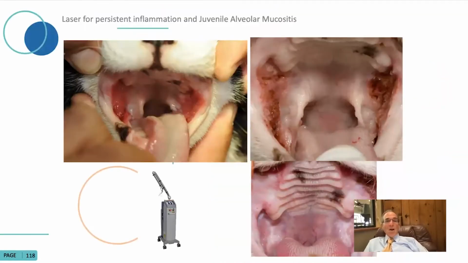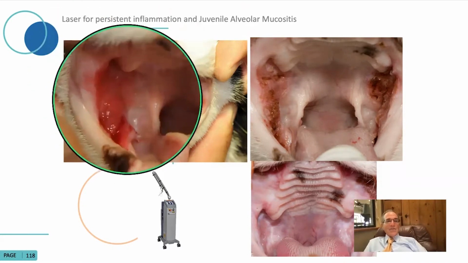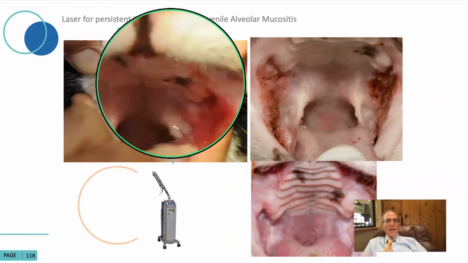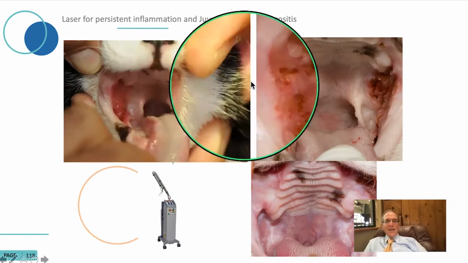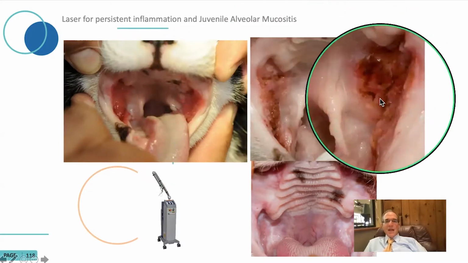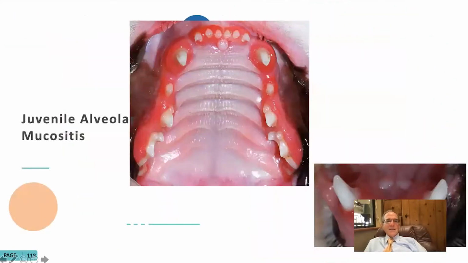Some of these cases are persistent, especially the 20%ers. And for those, I use a laser once a month for 3 months, and I usually get success with that. And what the laser does is cut down this real estate. It takes away a lot of the places where bacteria just wants to sit in there. That's what it looks like after it's lasered, and they tend to heal nicely.